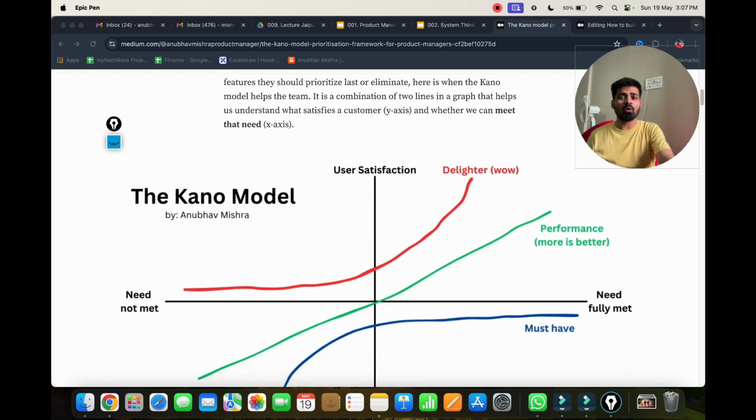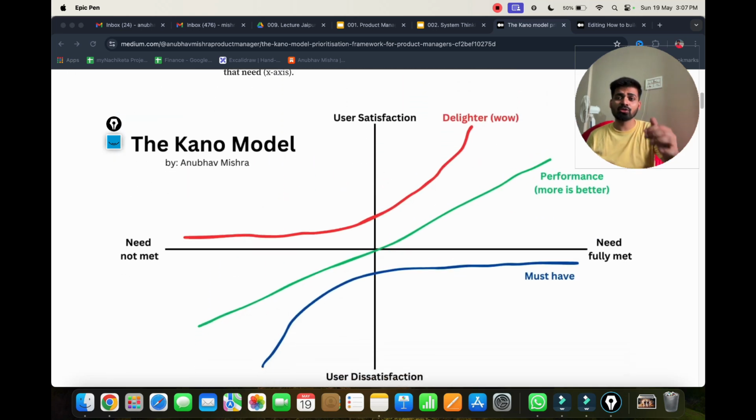So now the lesson or the story that you need to remember from the Kano model is that whenever you are developing your product, you need to prioritize all the features in 3 stages. First, you have to focus on all the must-have features in your application. Then you need to emphasize performance. And finally, once you're done with performance, you need to start working on delighters to make a great product.